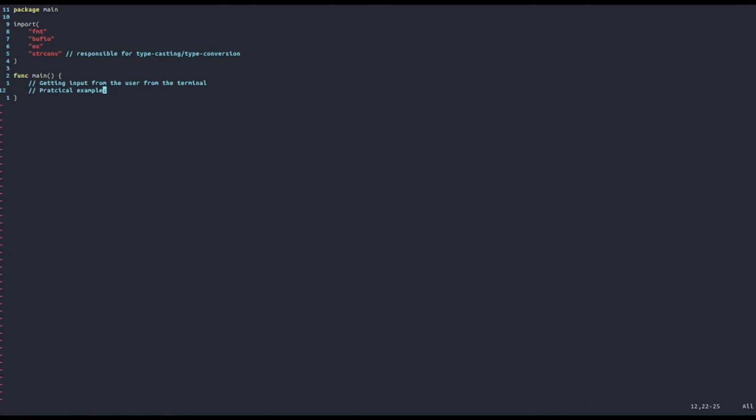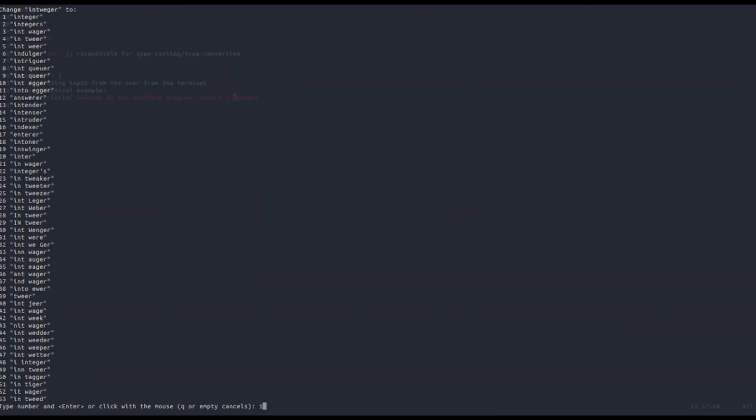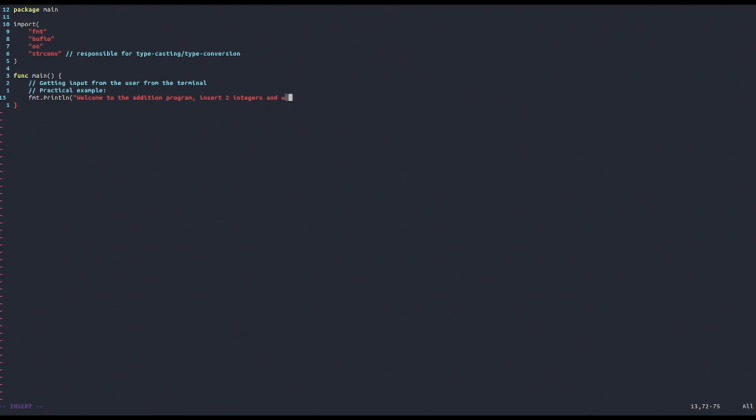So how can we do that? Well, first of all, let's print an initial message that will welcome the user to the program. So for example, "Welcome to the addition program. Insert two integers, and we will return their sum." Actually, I forgot an L there. Okay, and now we're going to create our scanner with